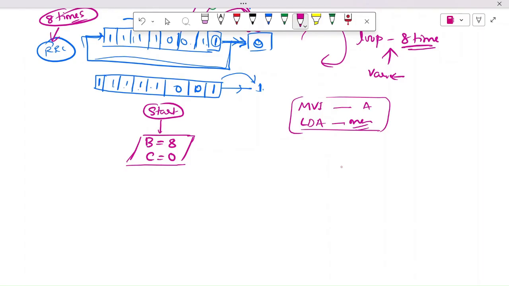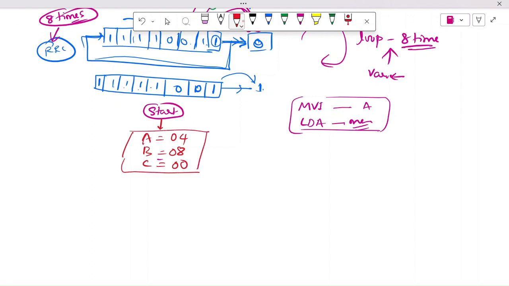Now I have written a number into A. While coding will show you that. We'll just initialize all the values. We'll just take A is equal to some 04, and then B is equal to 8, and then C is equal to 00. It's a counter. C is a counter. A is the 8-bit number where we are going to identify